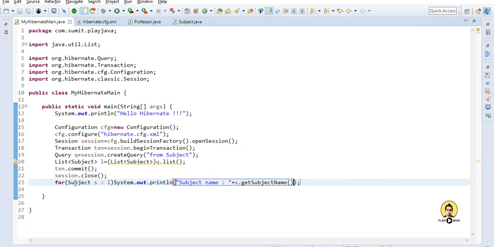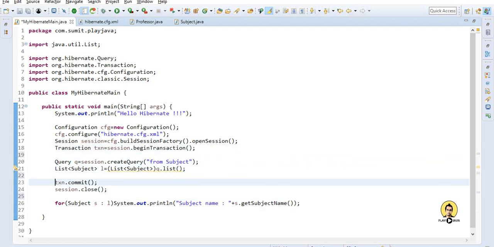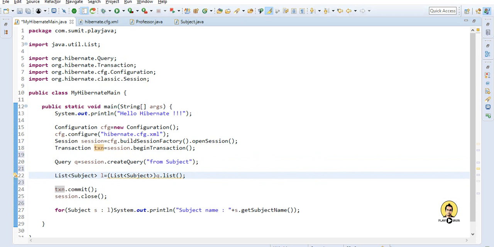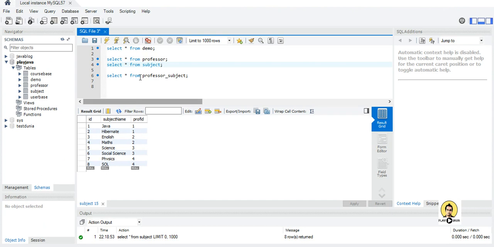Let me explain one more time. We have created a query, and this query will select the data from the subject table, where Subject is the name of the class which is mapped to the subject table.